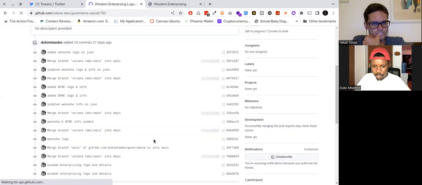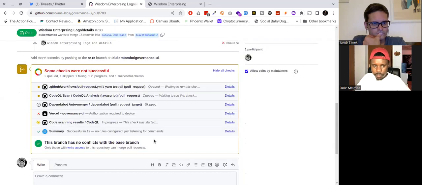So it has to go through some checks here. This is automatic, so it normally has to pass. Like, one is successful, it gives you the details there. So let's wait. This one, authorization required to deploy, it normally happens, but of course I'm authorized to deploy because